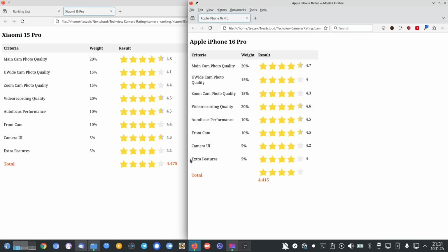Autofocus performance is basically the same, not much of a difference. Front cam, I'm giving the edge to the iPhone 16 Pro, not for night photos, because there the Xiaomi 15 Pro was doing better. The portrait photos and so on had like this shine or this haze on the Xiaomi 15 Pro, low contrast and such thing. This is, I think, where the iPhone is doing a slightly better job. This is why I'm giving the iPhone, and it has autofocus on the front, a slight notch there